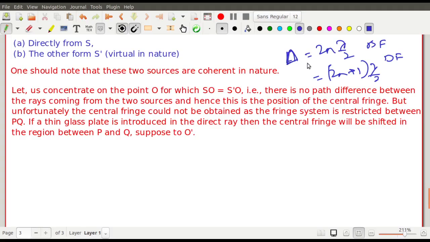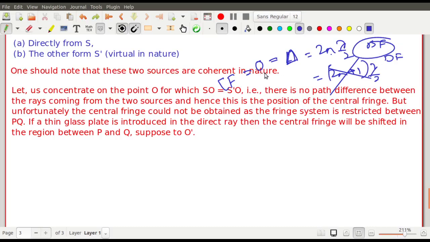Now the idea is that when will you get 0 over here? So the 0 means the central fringe. So 0 means the central fringe is 0 over here, right? So who will give you 0? Definitely this one cannot give you 0. So this gives you the 0 condition when n is equal to 0. So that means that the bright fringe,